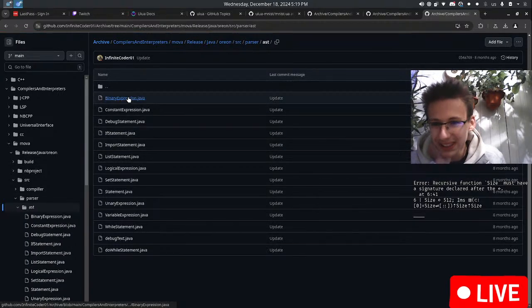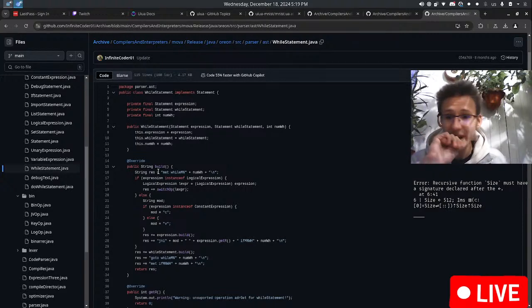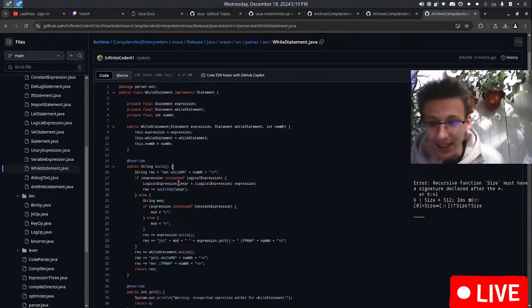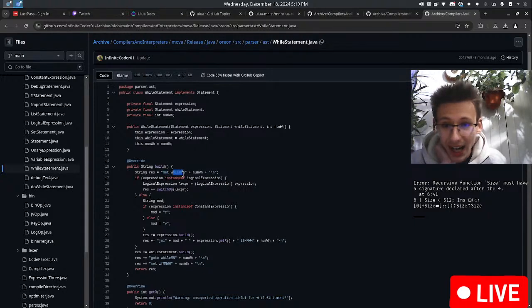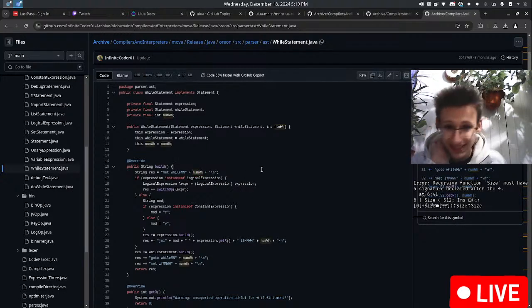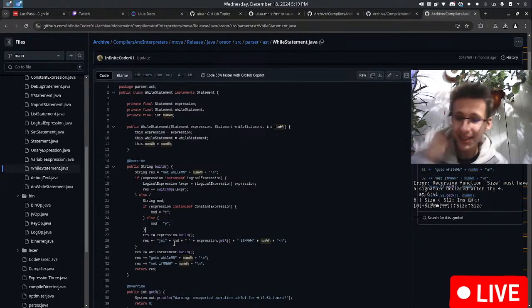Okay, we take a look at an AST, for example, while statement. What do we have here? A build function. Look at that. Implement statement has an override build function. And, oh my god, method. This is a label. This creates a label. While, I don't know what mn means. And then the index. So that creates a label. Then I built all the expressions inside of this while, and then I jump if not equals to this if